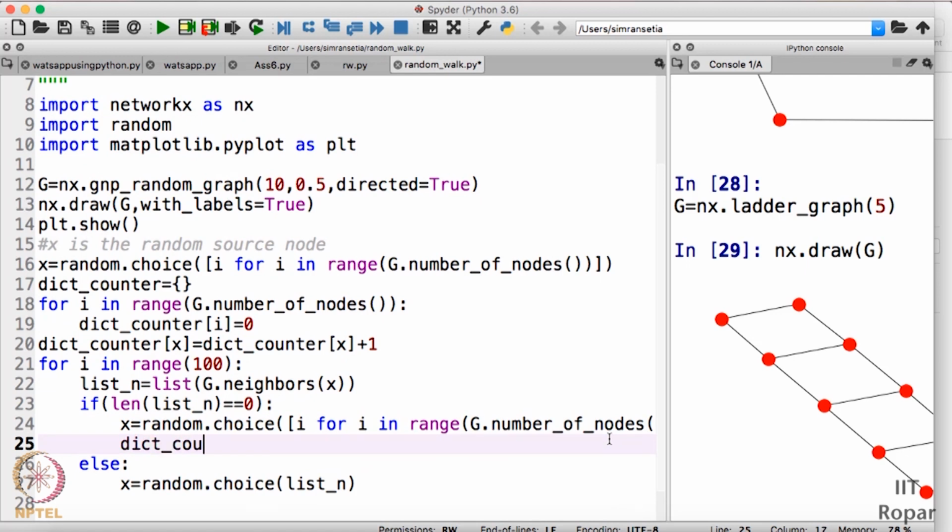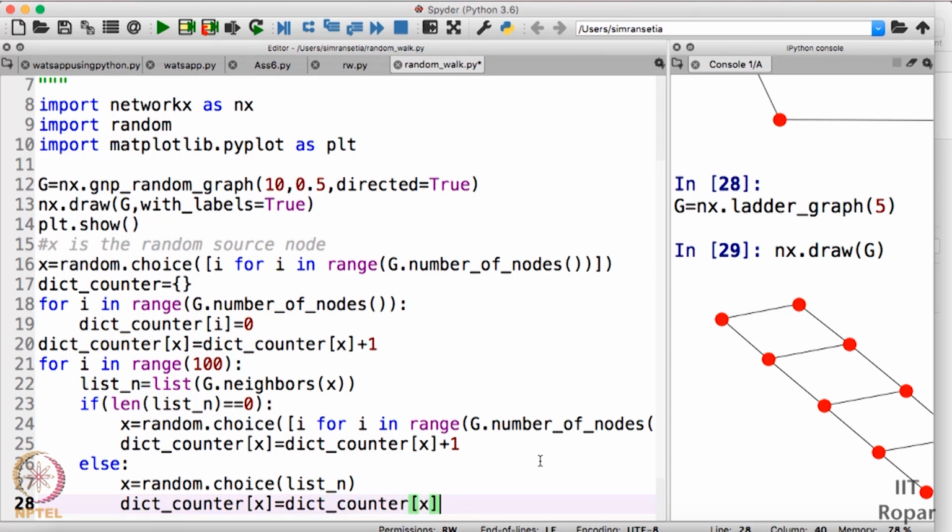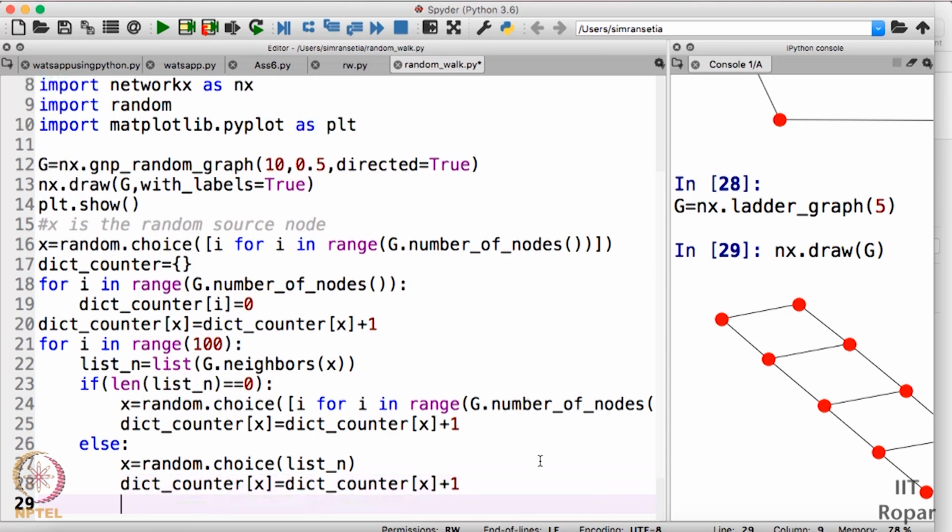So I'll write dict of counter of x is equal to dict of counter of x plus 1. I'll also increment the counter here too. Dict of counter of x is equal to dict of counter of x plus 1. So I think we have handled all the cases.